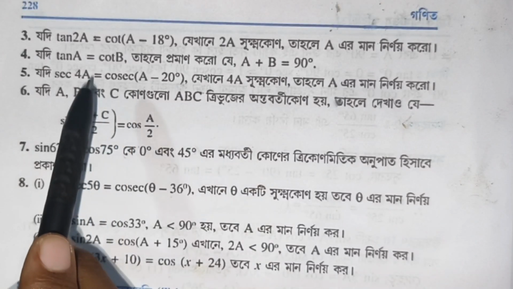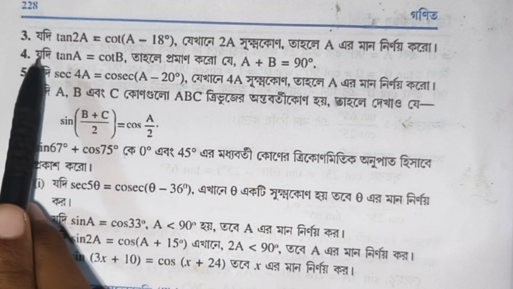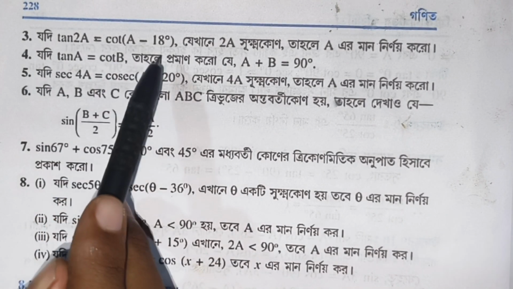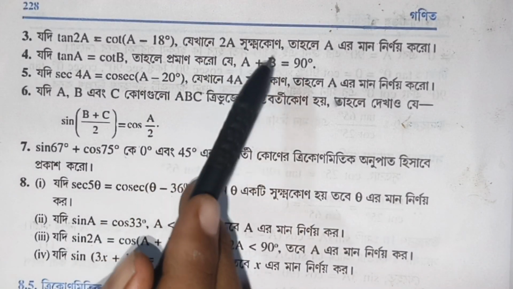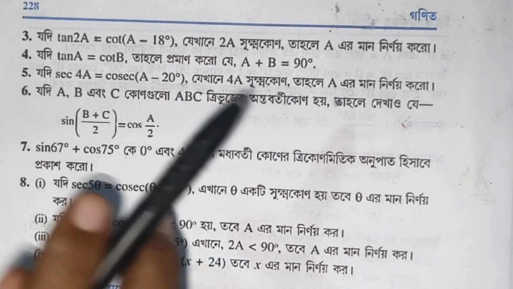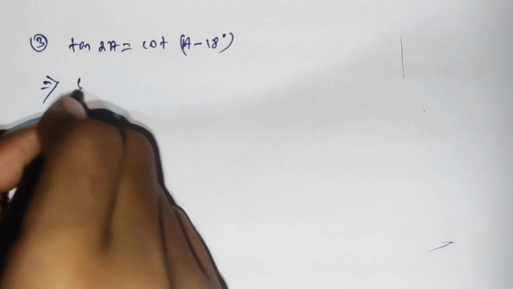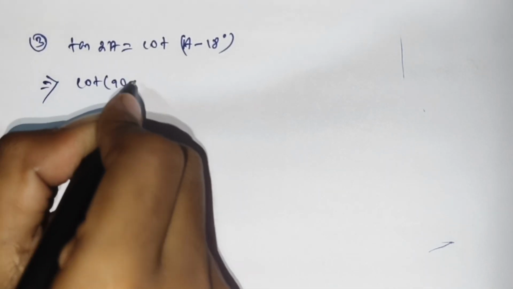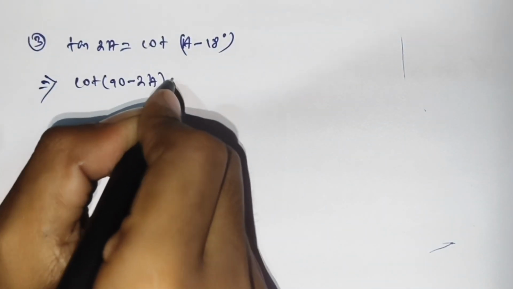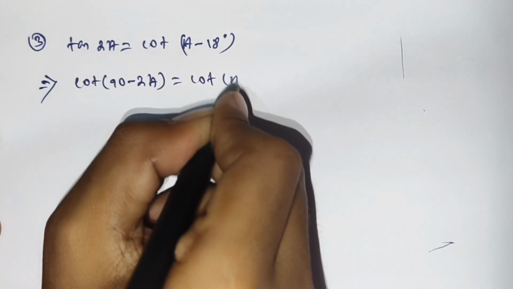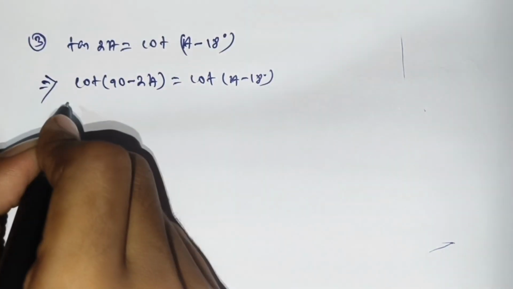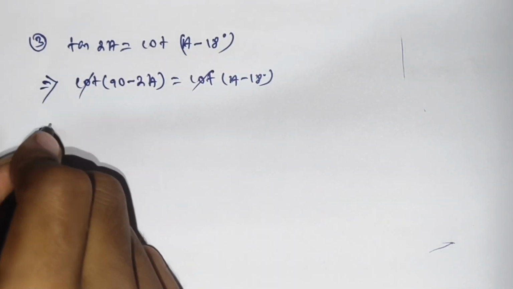Hello my dear students, আজকে আমরা 8.3 এর কোশ্চেন নাম্বার 3 সলভ করব। যদি tan 2a = cot(a - 18 ডিগ্রি) হয়, যেখানে 2a সূক্ষ্ম কোণ, তাহলে a এর মান নির্ণয় করো। আমরা a এর মান নির্ণয় করব। tan 2a আমরা লিখতে পারি cot(90 - 2a) = cot(a - 18 ডিগ্রি)। So cot getting cancel, আমরা